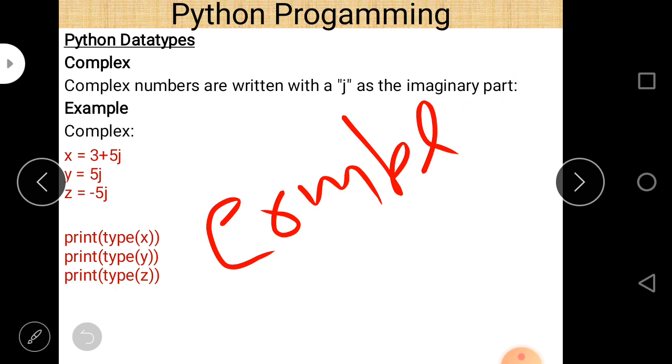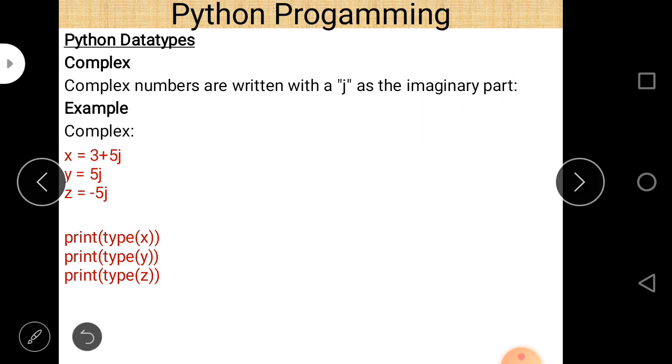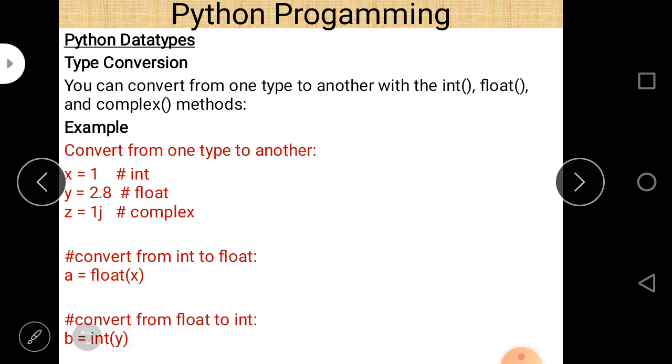Next is type conversion. We can easily convert one data type to another data type. So if you declare a data type in a statement and you want to convert this data into another data type, it is also possible.